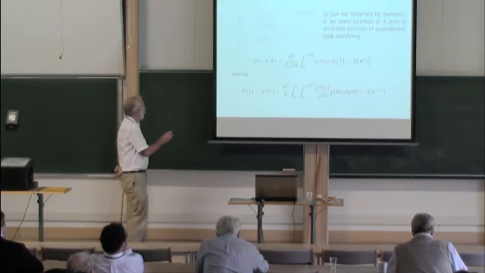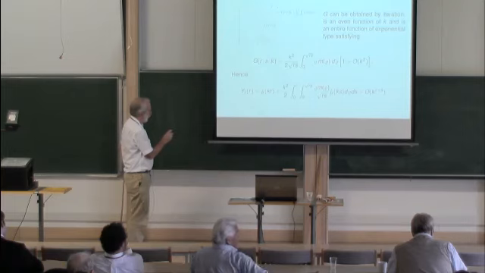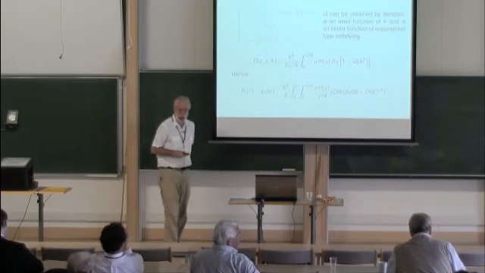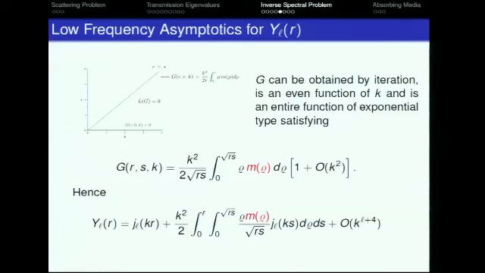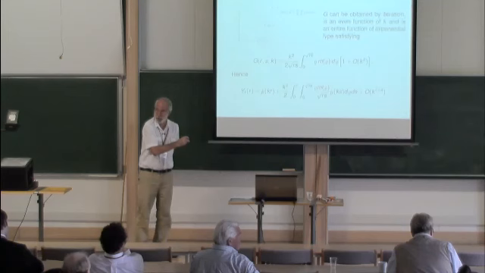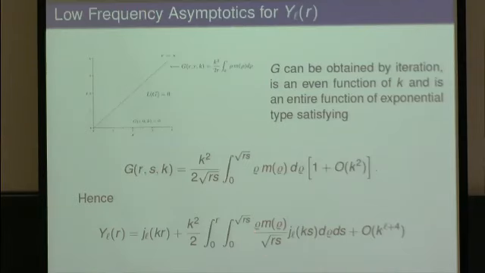It's not anything sophisticated, but you get that operator, and from that, for the representation formula, you immediately get that the YL of R behaves like this. So when you look at these problems with this ODE, this capital YL, it's not too difficult to show that in the low frequency K it looks like a spherical Bessel function. I mean, we defined it for R going to 0, it looked like this. It's not too difficult to show that for K going to 0, you also get this. What's more difficult is to get this extra term here. But you can get that, and of course, this JL has some higher powers of K, which by right should get lumped into the big O term, but I kept it here just so you can see where the Bessel functions come in.